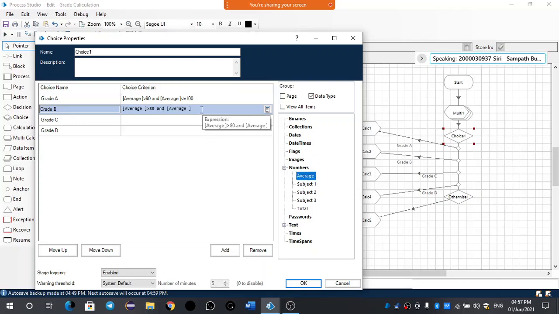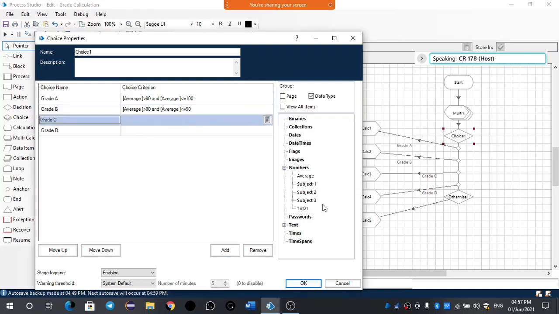My students, those who completed, you can try for n students using this choice. Now we are calculating only one student. Go for n students. Students, you can practice for n students.